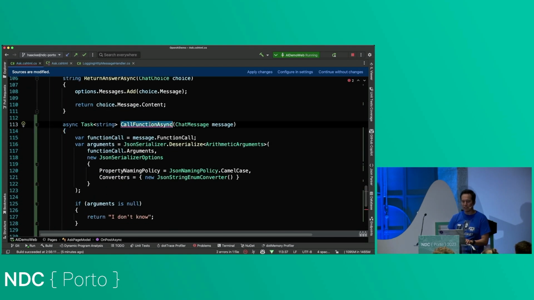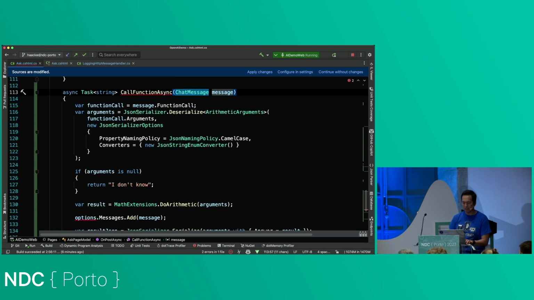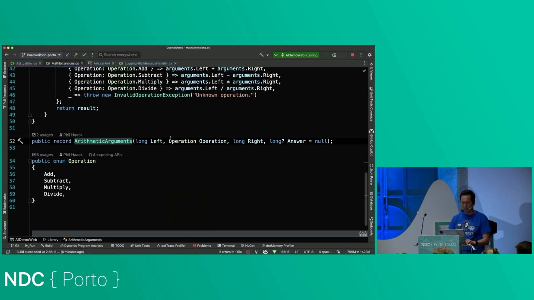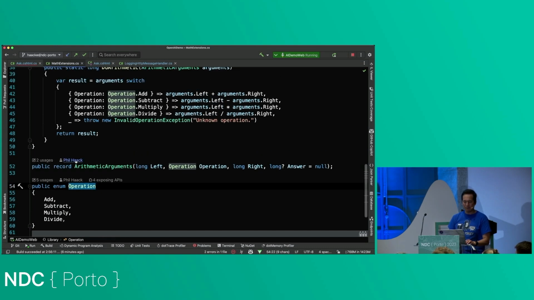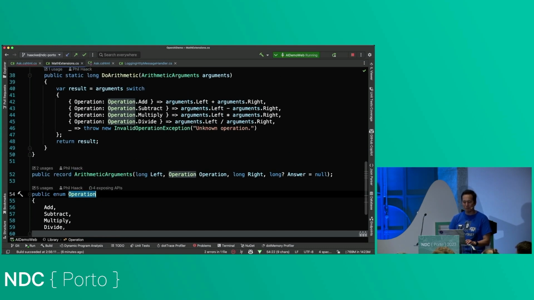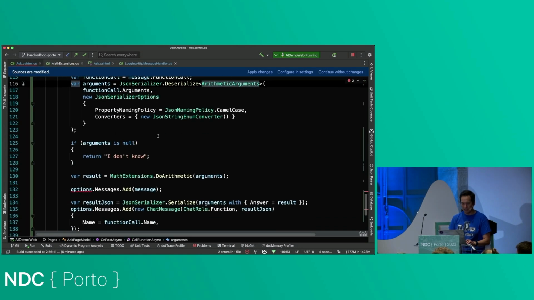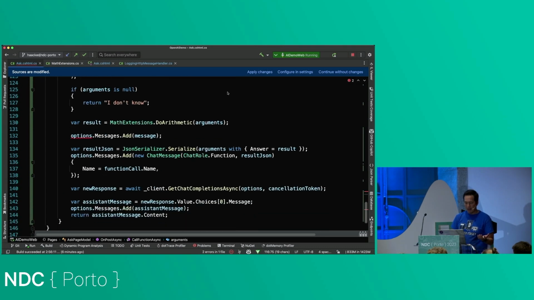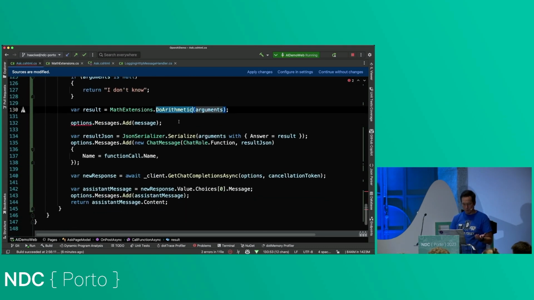This is going to call the function given a chat message. The key thing here is we deserialize the arguments into this type called ArithmeticArguments. This is a type I wrote. It basically maps to left, operation, right. And then operation is an enum. And then we're going to do the arithmetic. We're just going to do that computation, right? Pretty straightforward. The key thing here is we need to take whatever it gives us, deserialize it, and then we do the work.